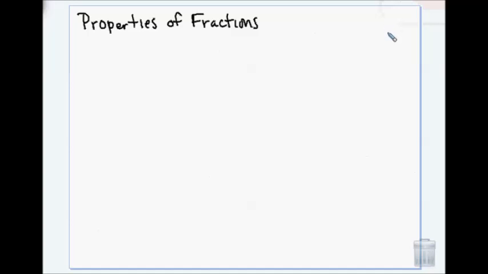Do you remember we talked about the different kinds of numbers that there are? And I said there are whole numbers and natural numbers and integers and rational numbers. Rational numbers are also known as fractions because a rational number's definition is any number that can be written as a fraction. So fractions are also called rational numbers. And so properties of fractions will also be properties of rational numbers. Okay? So the first one,